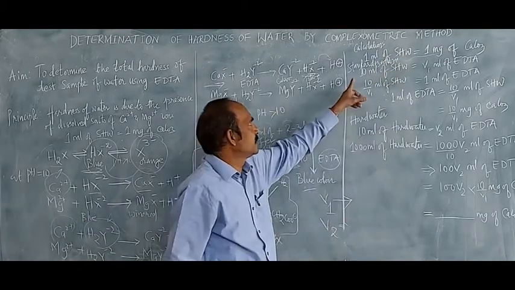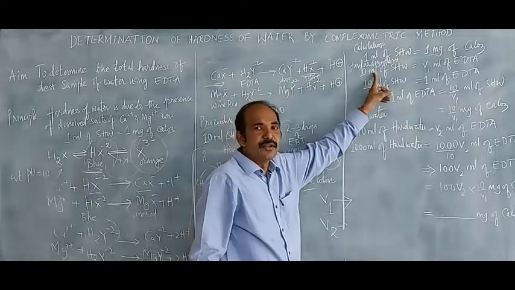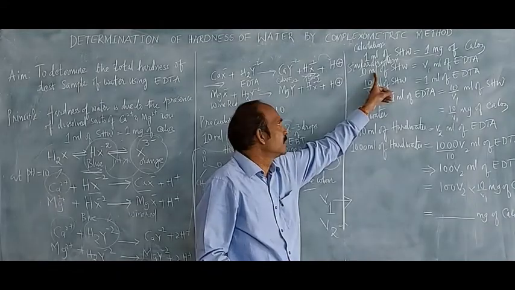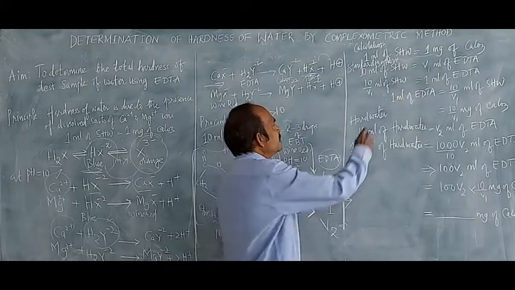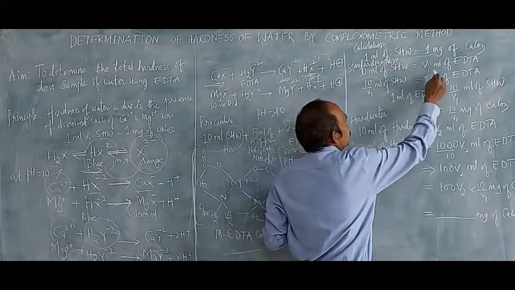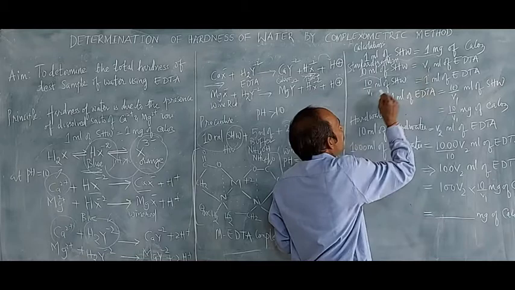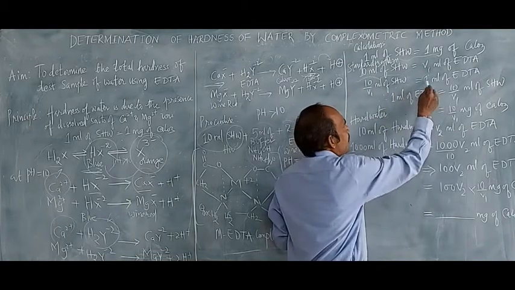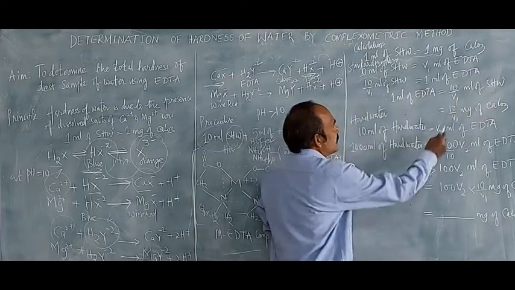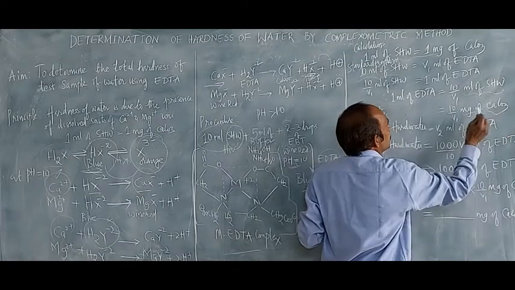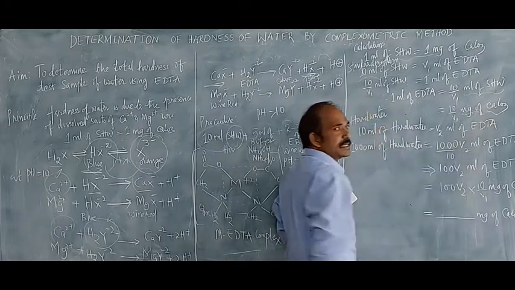In this standardization, first we take 10 ml of standard hard water, to that we add 5 ml of buffer, followed by a pinch of Eriochrome Black T indicator where it changes to violet color, and when we titrate it against the EDTA it changes to blue color. Assuming that 10 ml of standard hard water consumes V1 ml of EDTA, 1 ml of EDTA is equal to 10 by V1 ml of SH2. We know that 1 ml of SH2 is equal to 1 mg of CaCO3. So we replace: 10 by V1 ml of SH2 is equal to 10 by V1 mg of CaCO3.